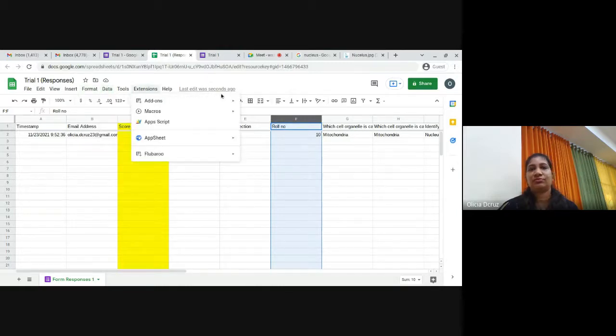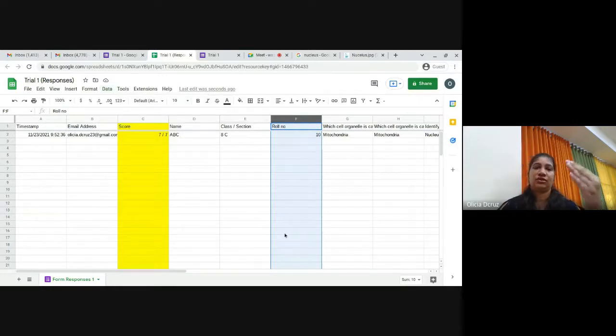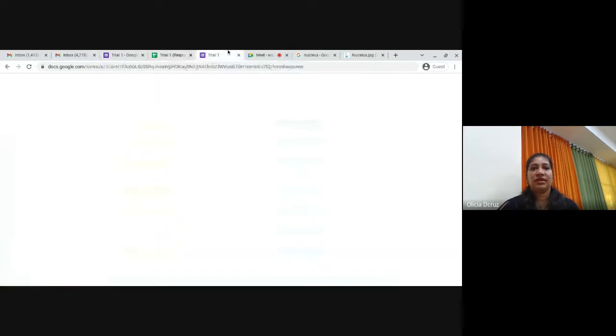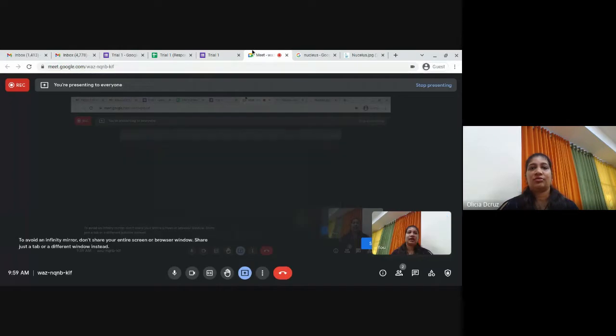It gives you the option sort sheet by column or what. So since I have only one entry, it's actually difficult. But if I go to sort sheet by A to Z, then roll number 1 to 10 will be shown in the whole sequence. So this is basically how you use a Google form, and how the responses are collected.